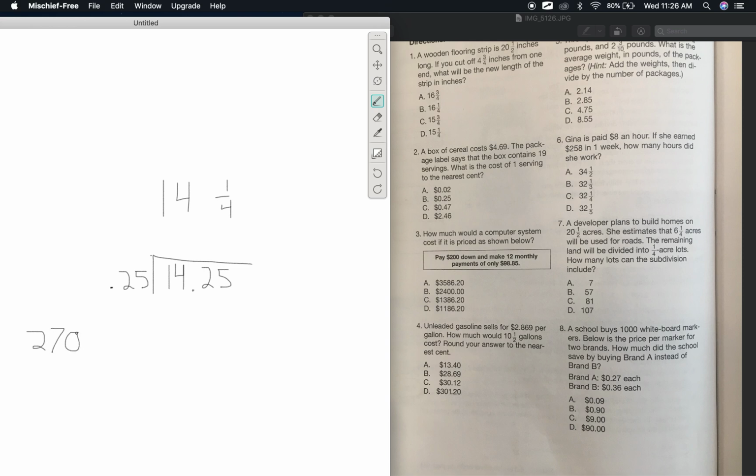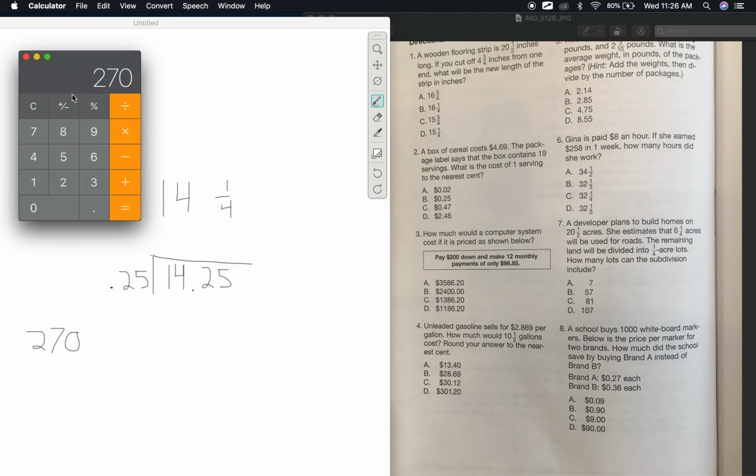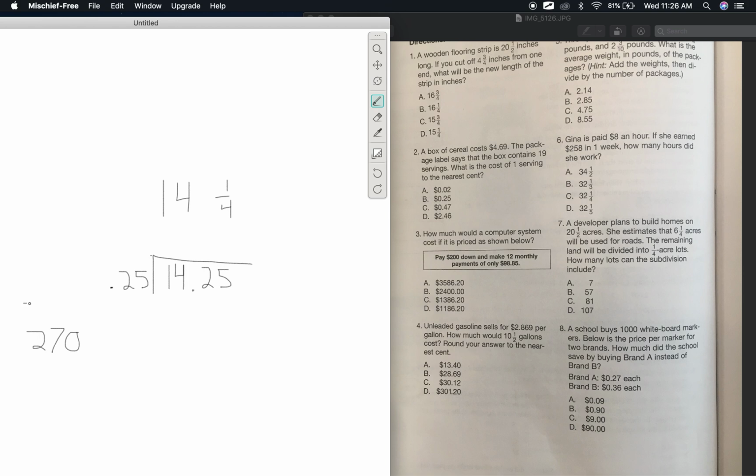Okay. Now, same thing with 0.36 for brand B times 1,000, 360. So how much money did they save buying the cheaper ones? Well, let's subtract the cheaper ones from the more expensive ones. Brand B was 360. Okay. Brand A was 270. So let's see. We borrow from here. Make this a 16, but we need to borrow for the 0 here, so make this a 15 and 10. So